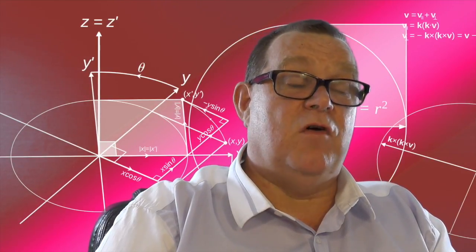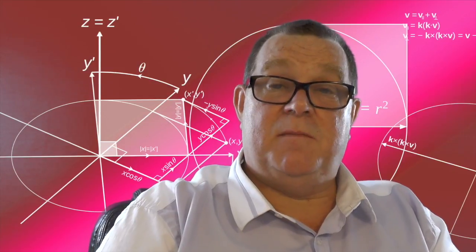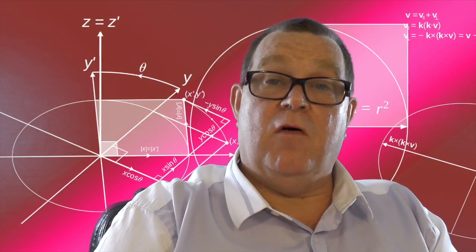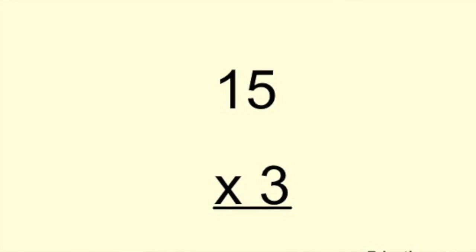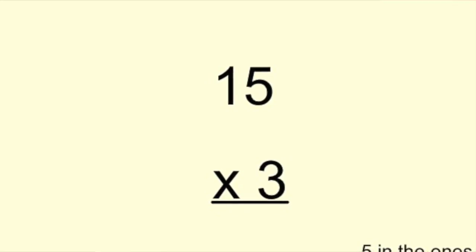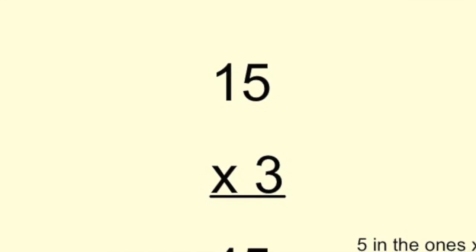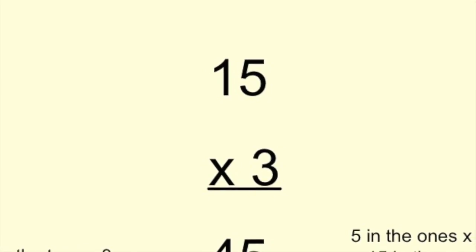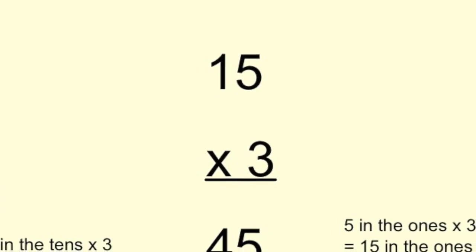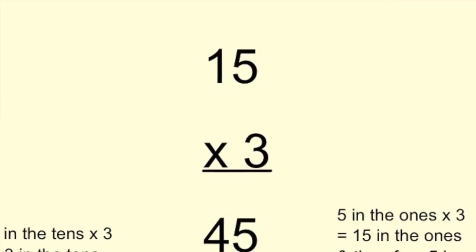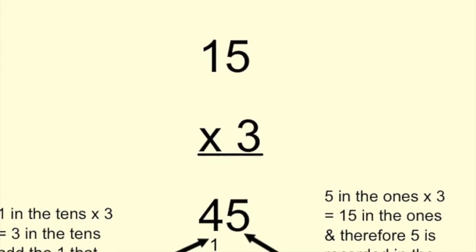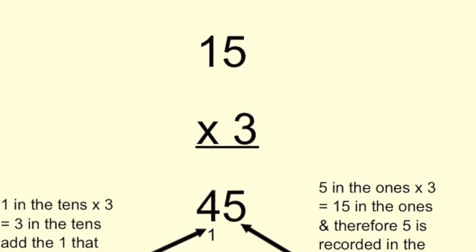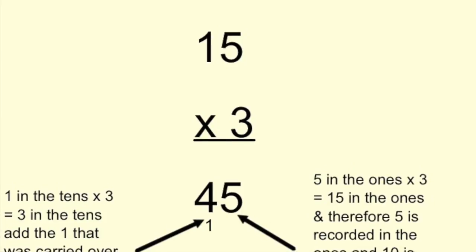Now this will then move on to issues where the multiplication will go over the column boundaries between the different place values. So for example, if we look here, we change the number from 12 to 15, we now have 5 times 3, which gives us 15. Now we can't put 15 into the ones column, so we simply put 5 into the ones column, and then the 10 that we have remaining is transferred to the tens column as a 1, and is added then into